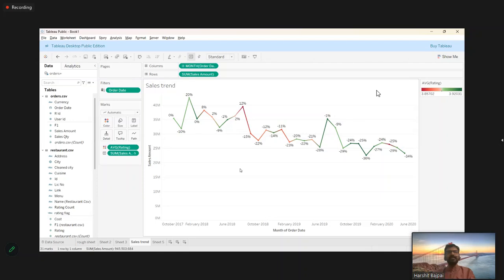Ideally in an organization, if each has a different stakeholder, you sit with the stakeholder, you understand how they want the visualization and what all things they want, and you build accordingly. So towards the end of the next session, we'll start building the sales dashboard, user dashboard, and restaurant dashboard, all three separate dashboards for separate user requirements, with this as the base data. Currently what I'm trying to do is help with more of the functionality, getting you familiar with Tableau, how to create a graph,